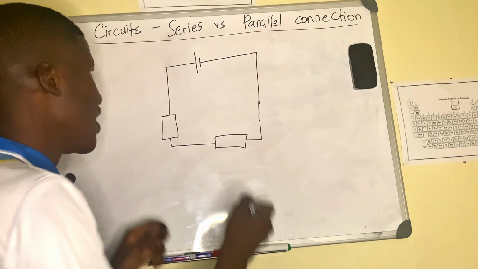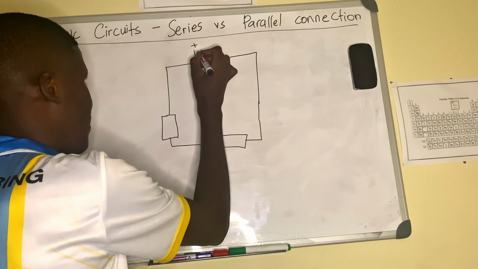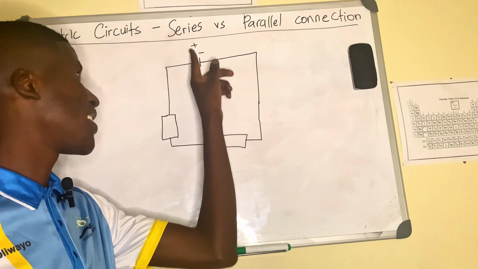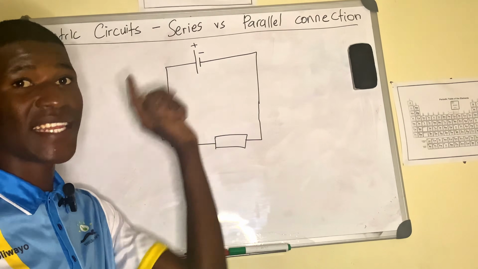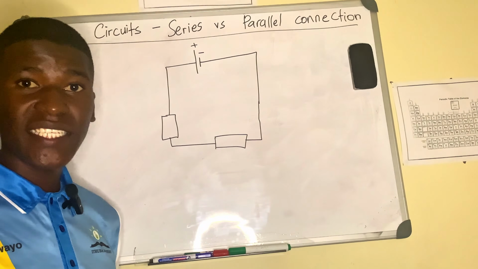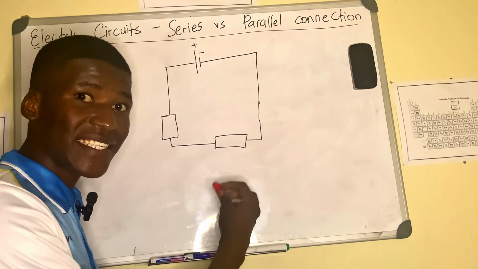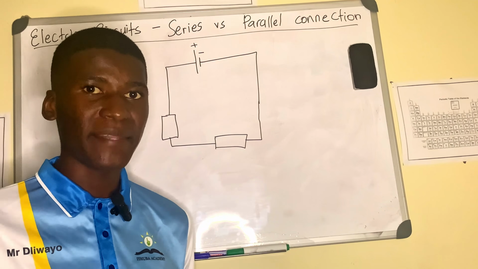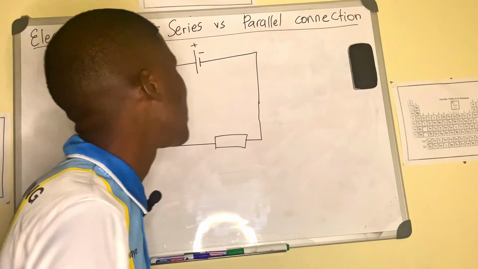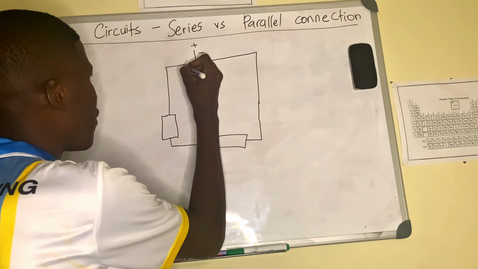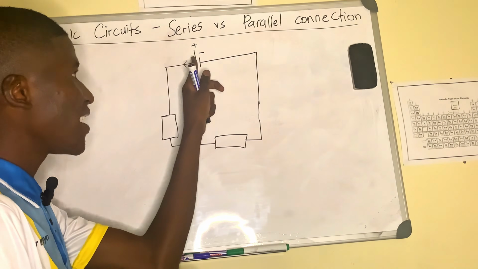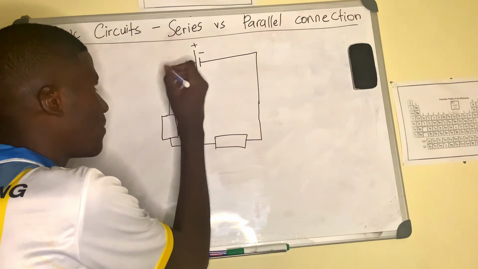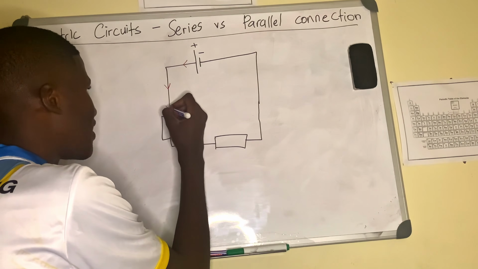All right, cool. So here we have got a positive terminal and a negative terminal. Remember that the long lines represents the positive terminal. The short ones is the negative terminal. So remember that we had said that the current actually flows from the positive terminal and it flows towards the negative terminal. So it means here the current is flowing here from the positive terminal. If we represent using an arrow, it is going in this direction because it's flowing through the conductor, right? So it's from the positive terminal and then it is flowing.